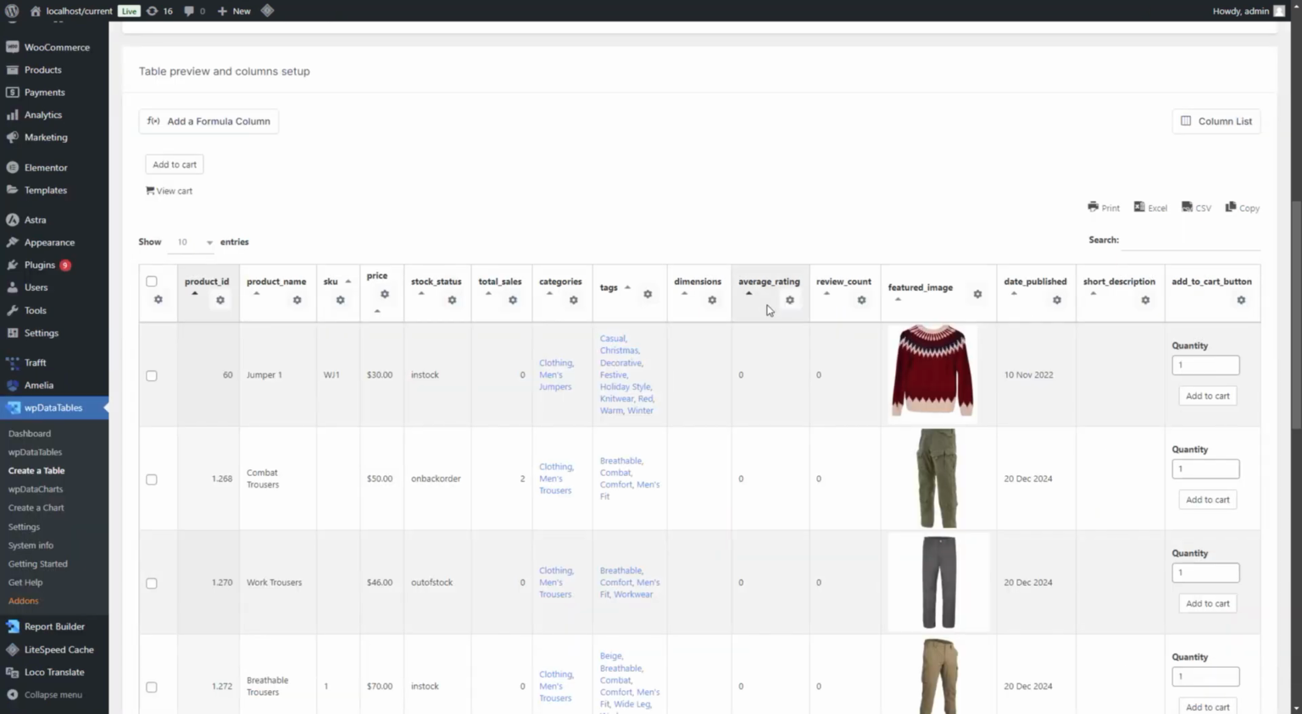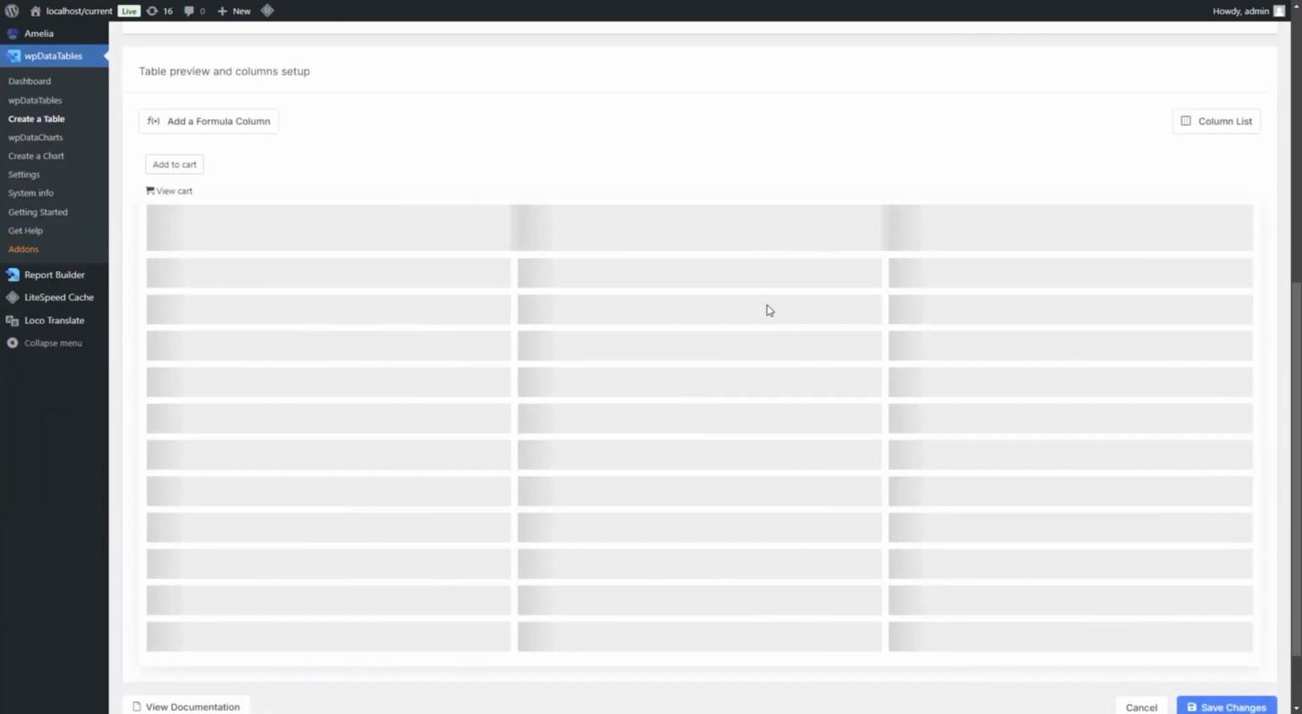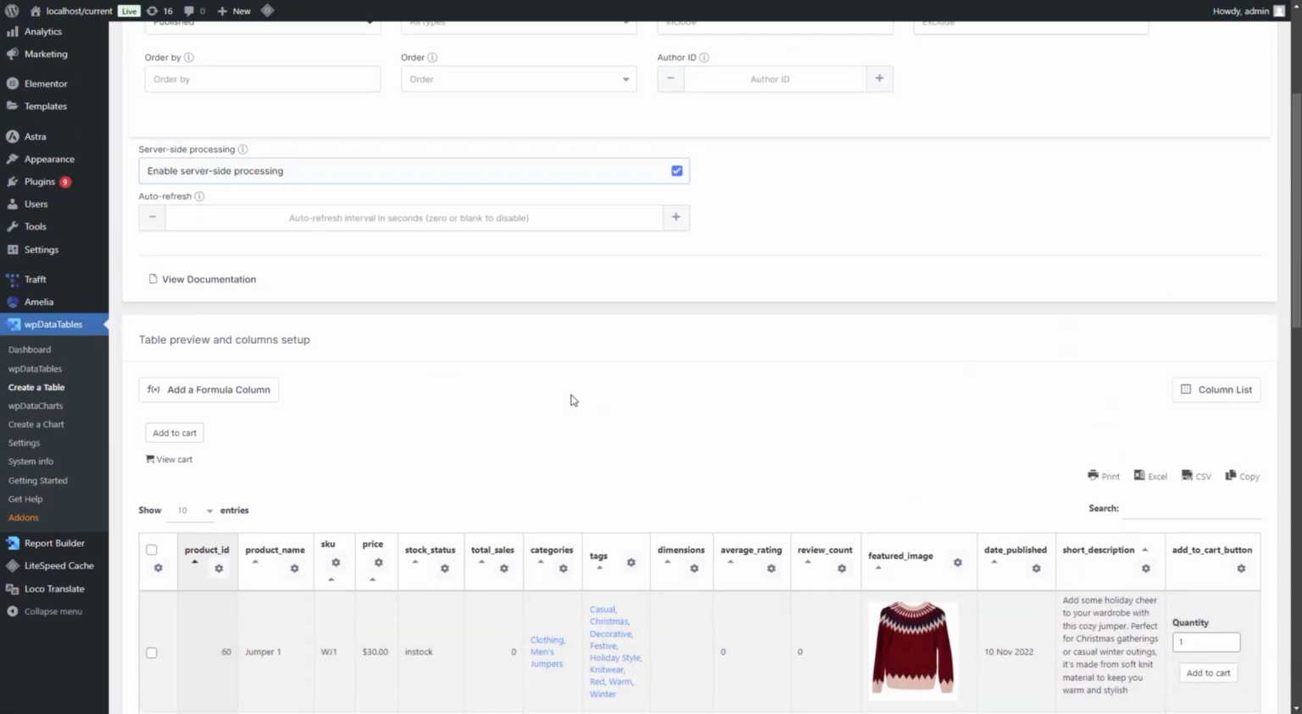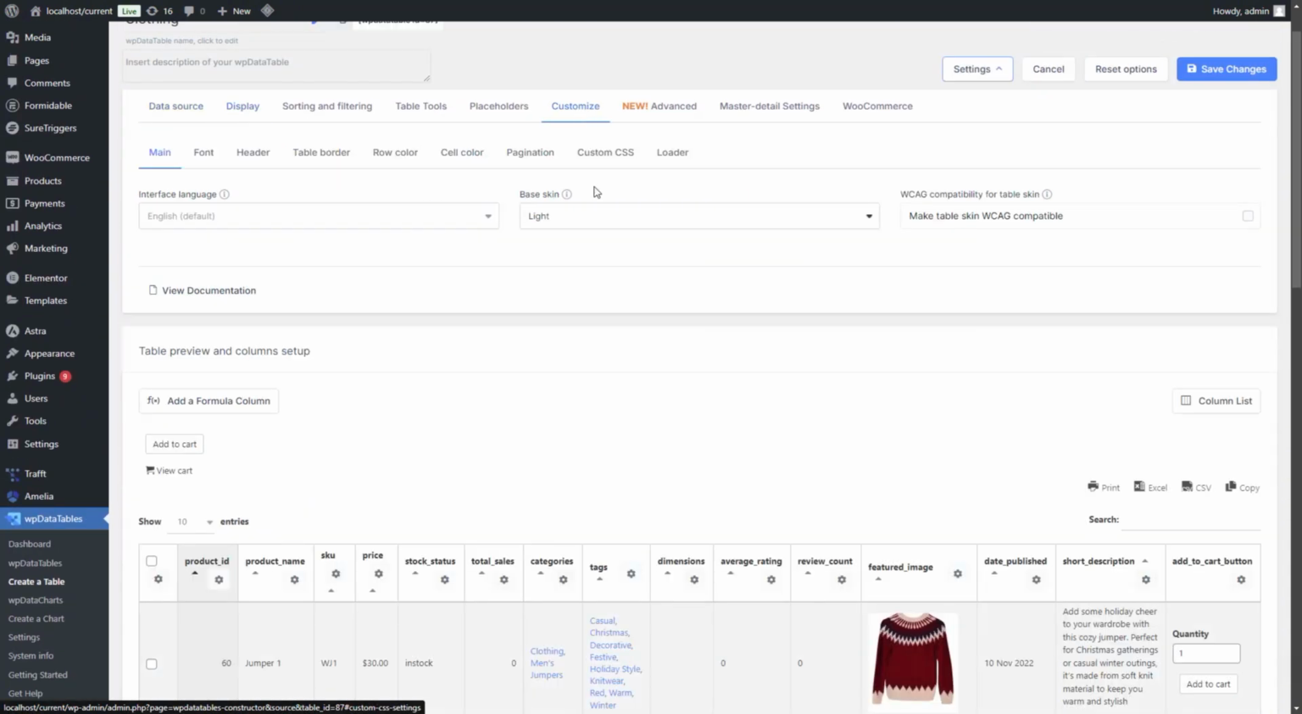So quick refresh of this page shows this item with its short description. Now the plugin also adds the add to cart button automatically, and you are free to play around with the resulting table. For example, you can change its skin,